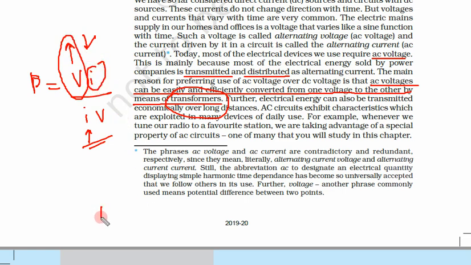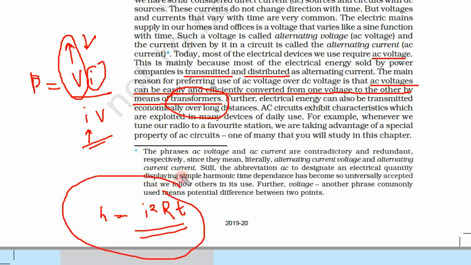And you know, heat generated H is equal to I squared R T. If I is high, the current will be so high that the wires will melt. That's why it is difficult to transport DC over long distances. But in case of AC, we increase the voltage, and current is very low. So the electricity can be transported to very far places.